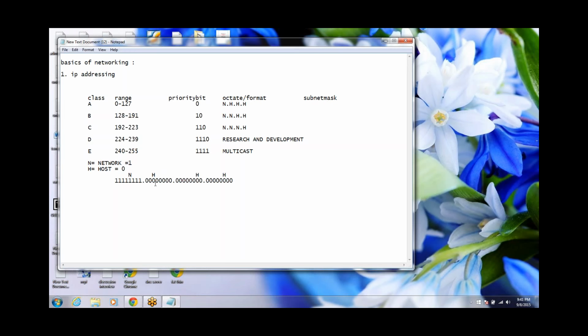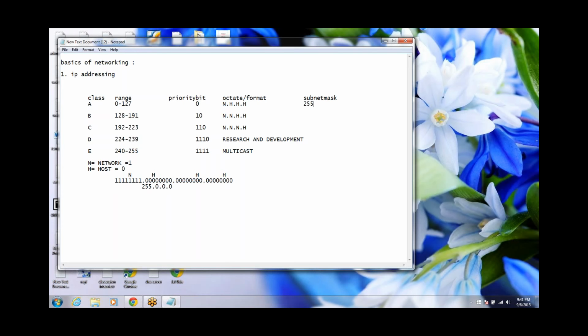If you have all ones here, the value is 255. Its value is 255.0.0.0. This value is 255 here. From this octet format, this value is actually calculated. It's called the subnet mask. The subnet mask of class A